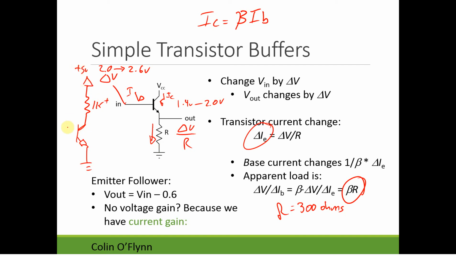Plus 5 volts. So we have a phototransistor, and it has a fairly large source resistance, so it has trouble. It would be loaded down very easily. So we could connect that to a simple emitter follower and potentially have a more powerful output. So that's just a very, very simple example of a circuit that you can do with a single transistor buffer.